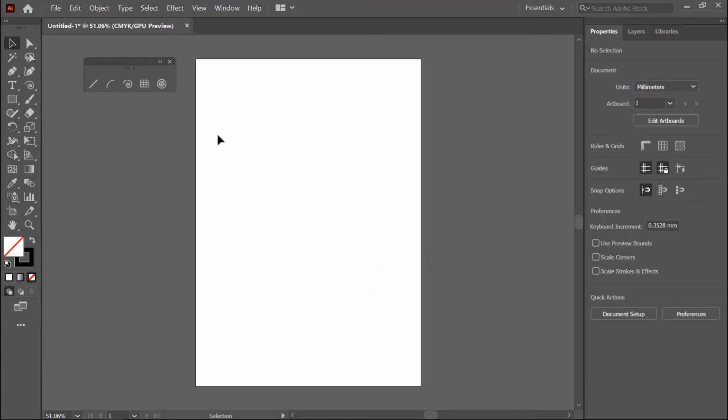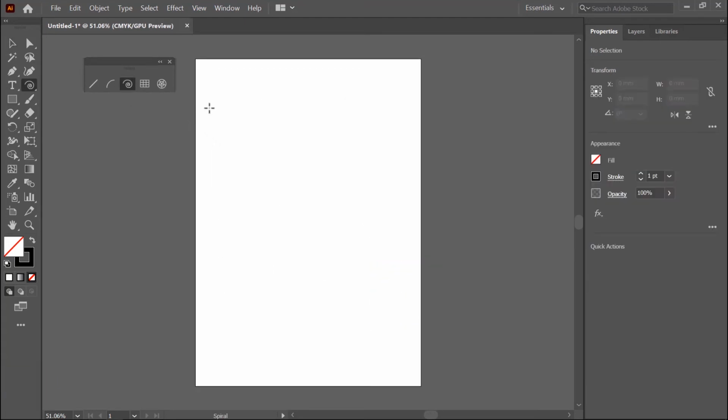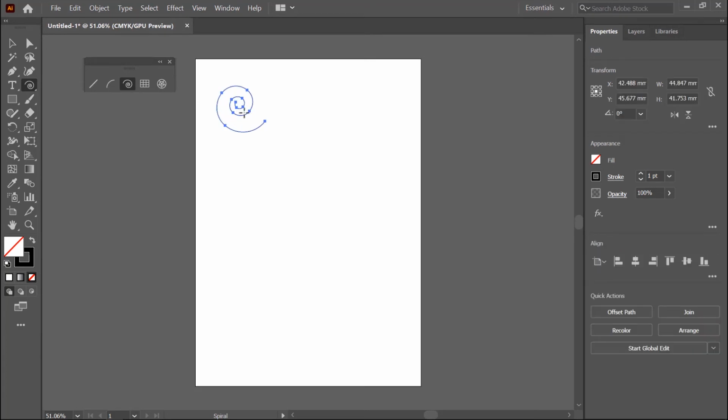Next tool is the spiral tool. First I click on this to activate and then click and drag. A spiral is created like this with the default parameters. If you want to change the parameters, click and drag. By pressing the Alt key, you can change the twist like this. If you press the down arrow key, the twist will be removed, and when you press the up arrow key, the twist will be created